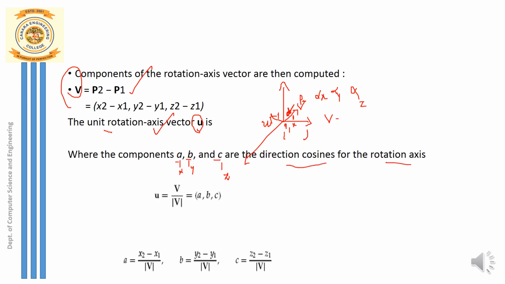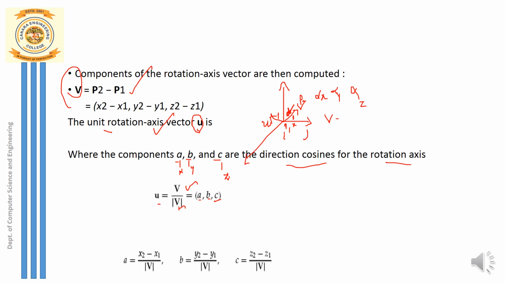So what is this vector u now? I can represent this vector u in terms of this vector v. It is v divided by the magnitude of the vector v. Here v is represented by its scalar components. What are the scalar components of vector v? The component of the vector along x, along y axis and along z axis, given by a, b, c. So I'm representing this vector u in terms of vector v, and the vector u is the one whose magnitude is equal to 1.